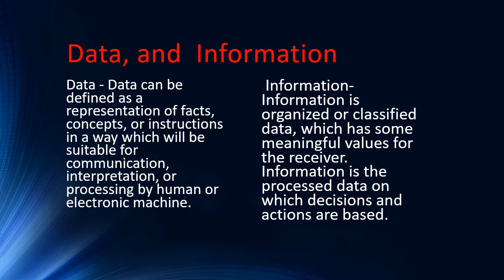Information can be defined as data that has been transformed into a meaningful and useful form for a specific purpose. So the information is now subjected to what? To a process, because after it has been transformed, it gives us what? A meaningful result. So let's take for instance, if we go to a departmental store, you want to get a number of items,